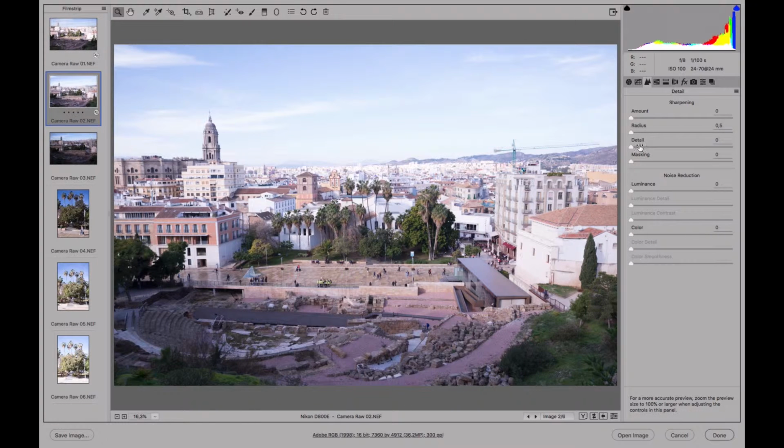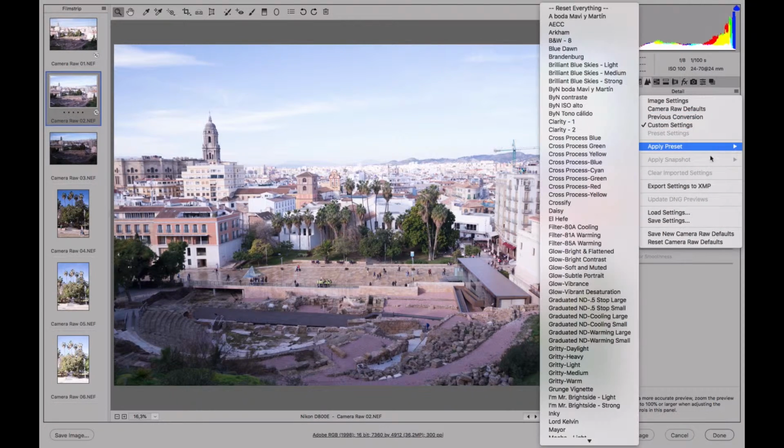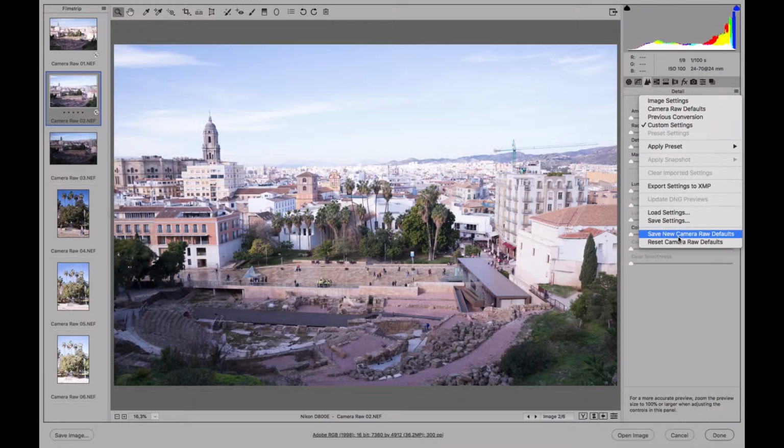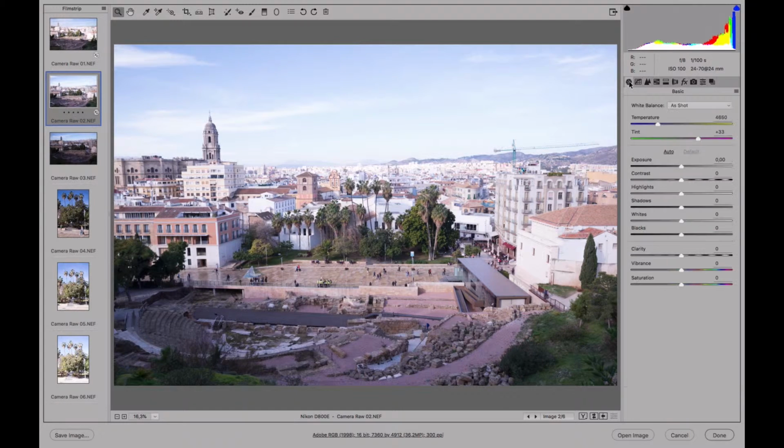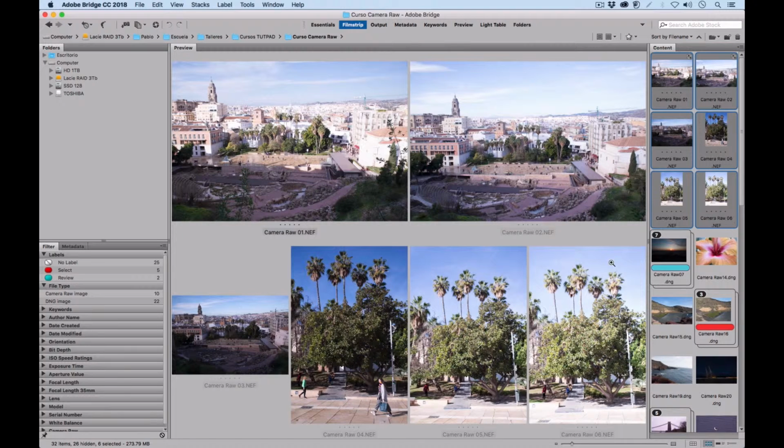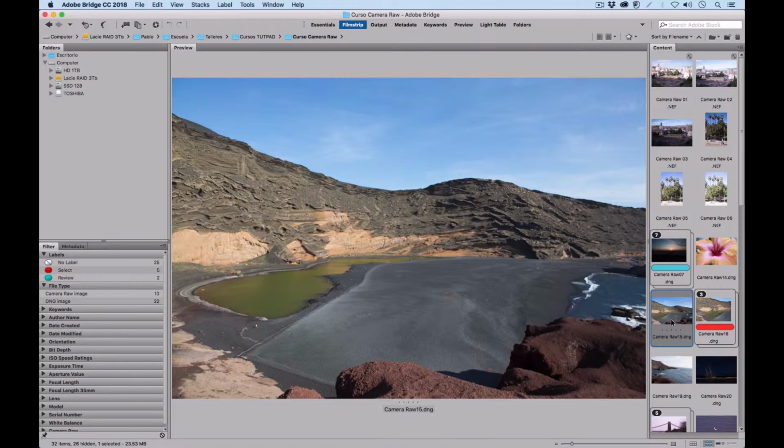So, going back here to the detail panel, let's click on these 3 lines, up here to the right, and we're going to tell it that we want to save these values as the new default values for Camera Raw. This way, the next time we open a photo from this camera, these will be the default values that we get, and we won't have to change them again. We would tell it here to save new values as default, and when we've done that, we can hit done, and the next time we open a photo with this camera, this one, for example, that I think was taken with the same camera,